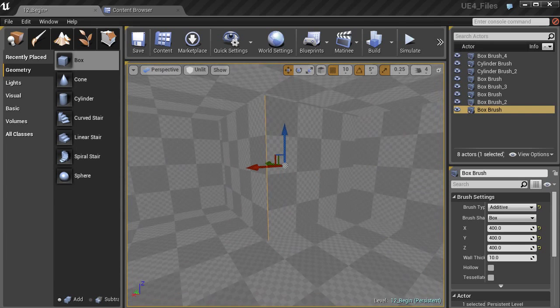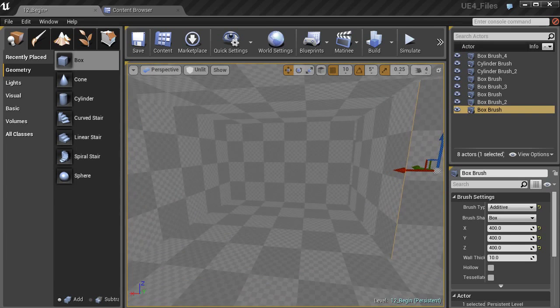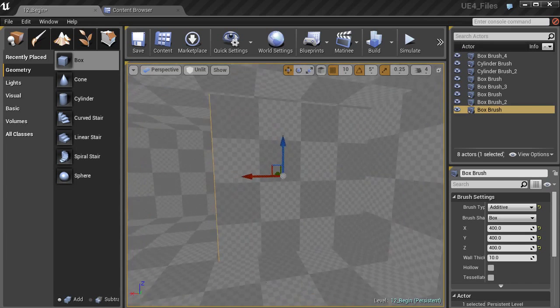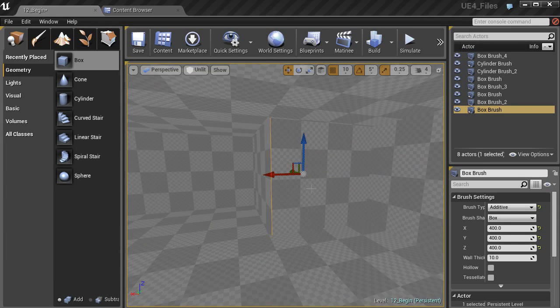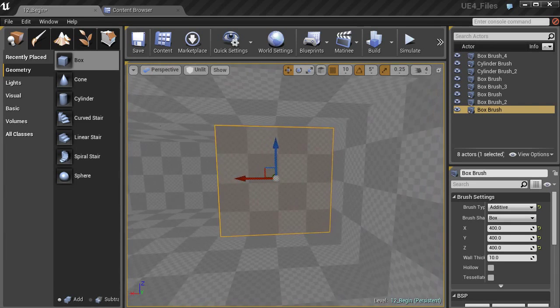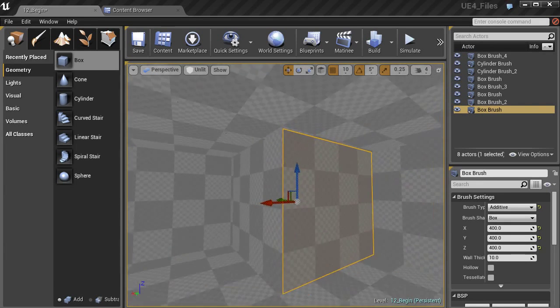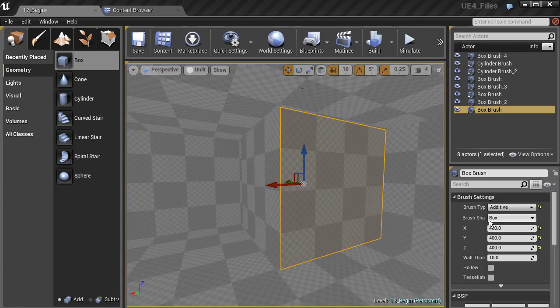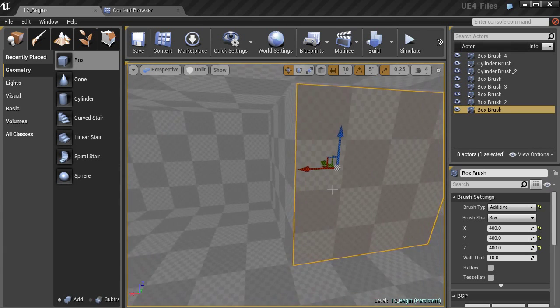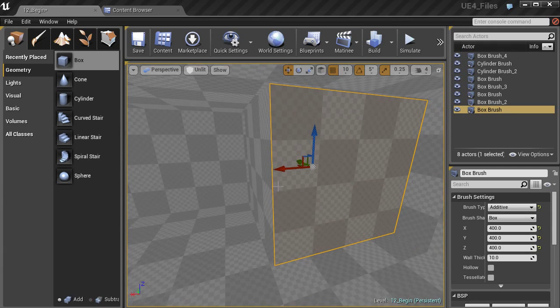We don't really know the exact use of that. And then we want to create another wall on the other side. But looking at this, that's pretty big. I'm not really happy with the overall size of that. So we can actually make this a little smaller. Let's go in our X direction and make that 300. To do that, look at your axis, and think of what direction you want this to change shape. In this case, I want it to be the X, so